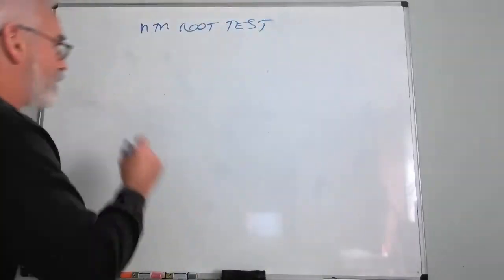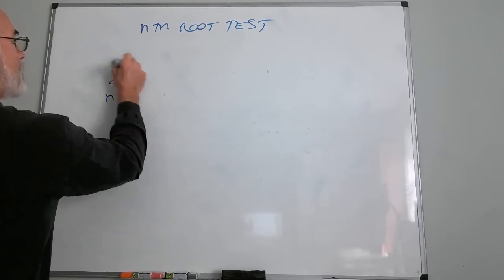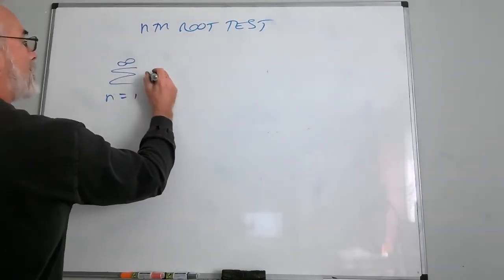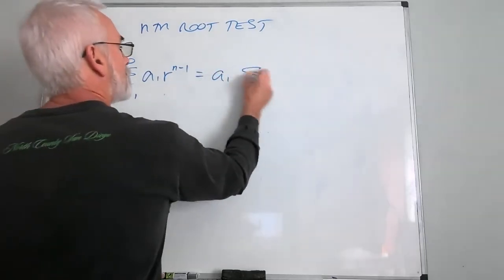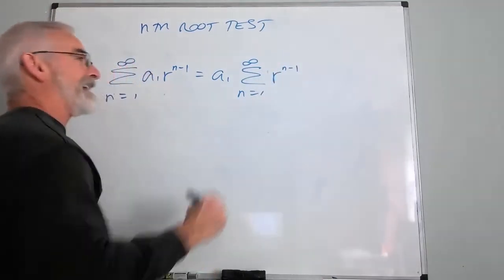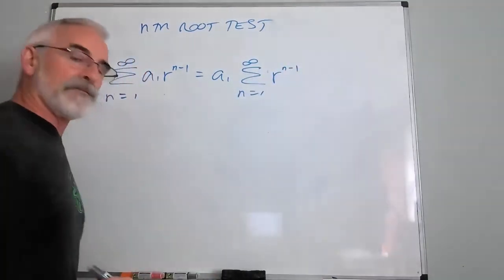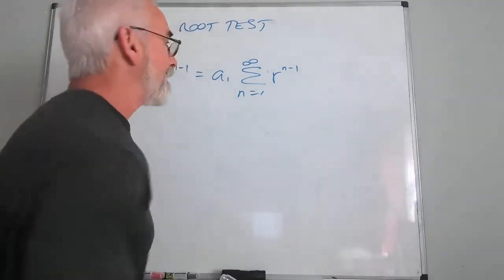And again, going back to, I know that if I have something of the form r to a power, and by the way, it doesn't matter if that's an n minus 1 or n plus 1,